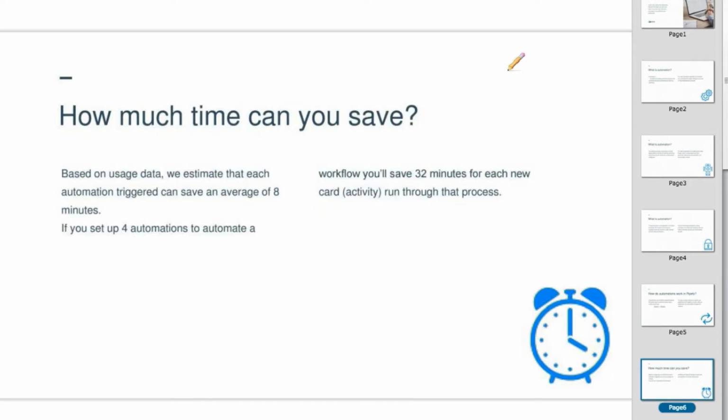How much time can you save? Based on usage data from the last few months, we estimate that each automation triggered can save an average of 8 minutes. You're going to see that we're going to set up 4 different automations in a single process. And if you set up 4 automations to automate a specific workflow, you save 32 minutes for each new card or activity that runs through that process. It may seem like just too little, 8 minutes or 32 minutes, but at the end of the day, especially if you have a big team working in a specific process, automations can help you save a lot of time